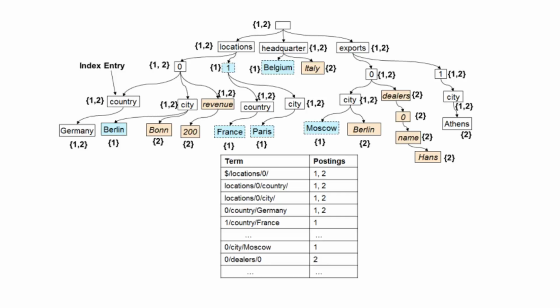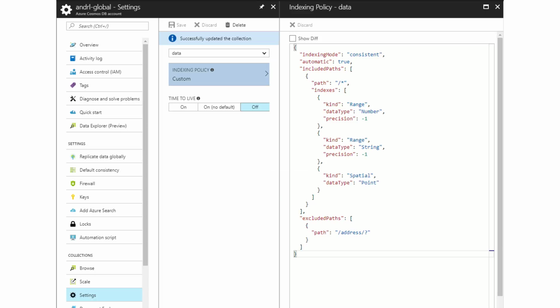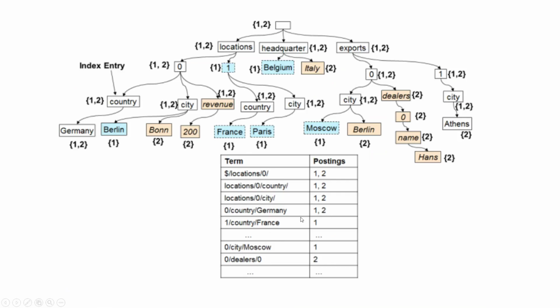And one of the other interesting characteristics of building an inverted index in this manner is not only can you automatically index every property of every record and support this over a heterogeneous set of properties on each of these different records, meaning each of the records can have differing schema, but because the vast majority of your records are going to have a lot of commonalities in terms of different paths within the structure, this allows you to basically compress and dedupe a lot of this information and efficiently build this index without having to use up a lot